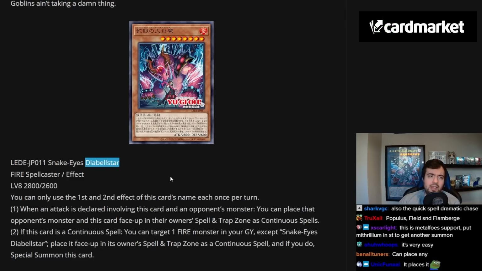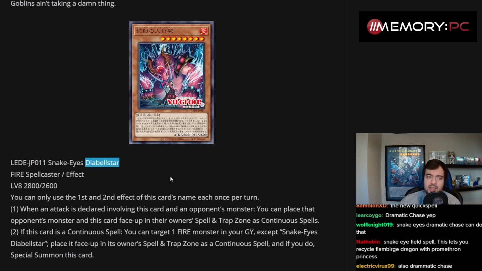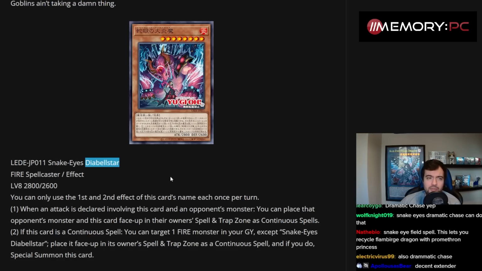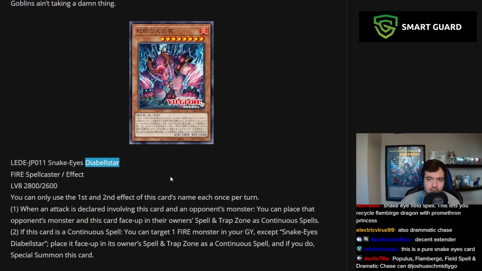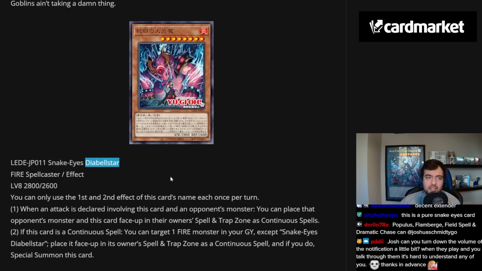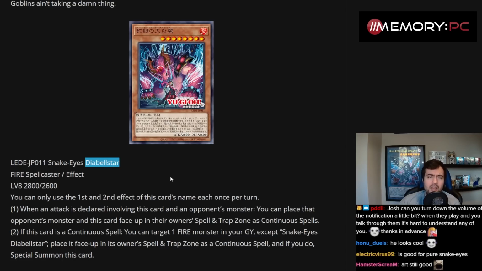So okay, I don't think this card is a bad card, but I also don't think this card is amazing. There is a chance that there are some uses for this, because it's a level 8 that you can relatively easily special summon if you want to. So you could potentially, now with Flamberge Dragon, you have access to rank 8 monsters in the deck. It's a secondary search target for Wanted, which I think in itself makes it interesting,